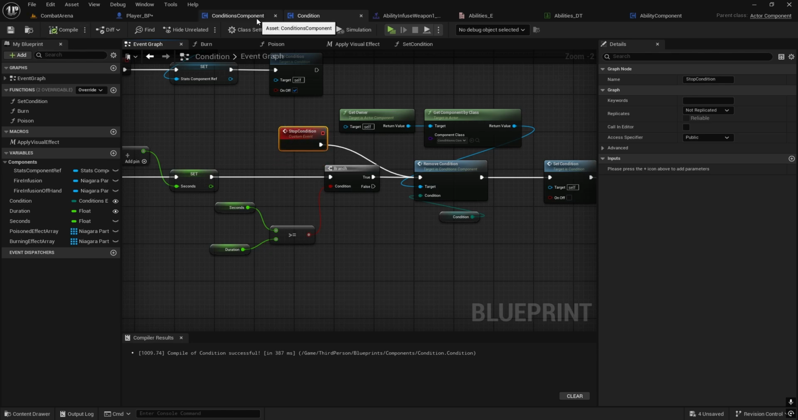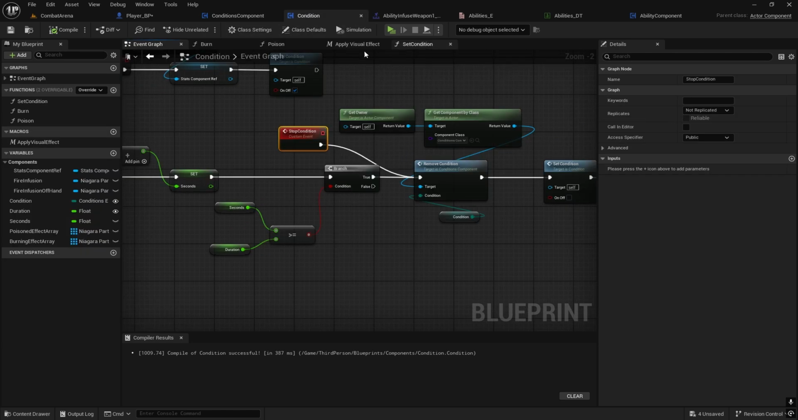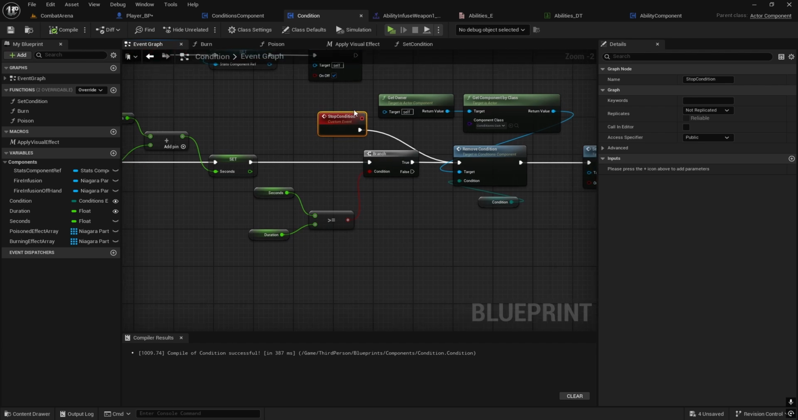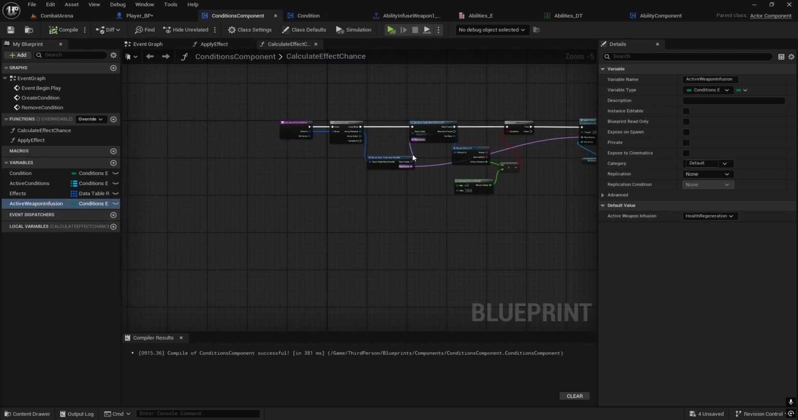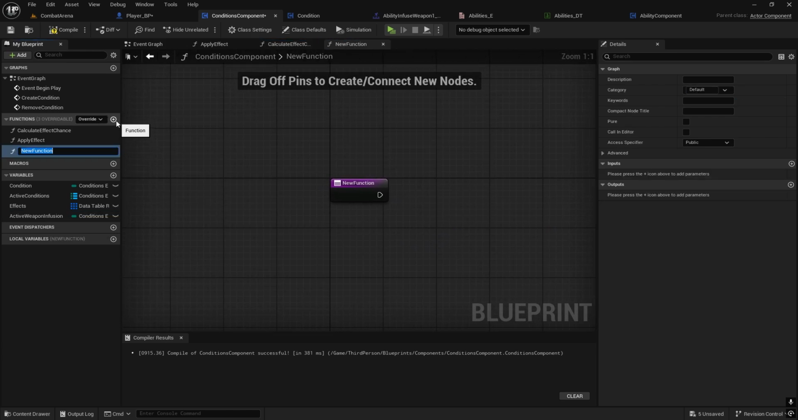And now we can call it from, I'm just thinking, stop condition. We can call it from the same one. Here we need to go through the actual component, because this is not where we're holding all the information. We're holding it inside the conditions component inside the array. So we're going to create function, and this will be remove active condition or weapon infusion, because it will be only for that. Remove active weapon infusion,